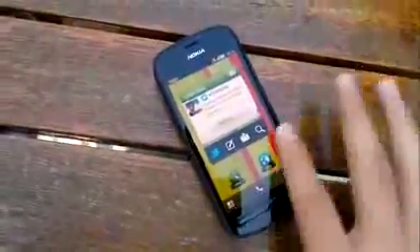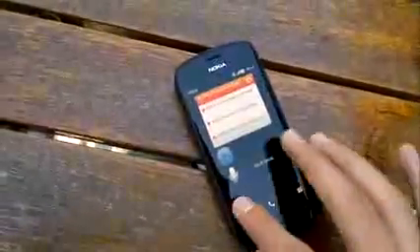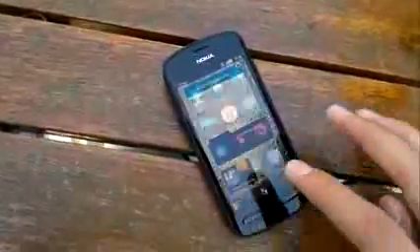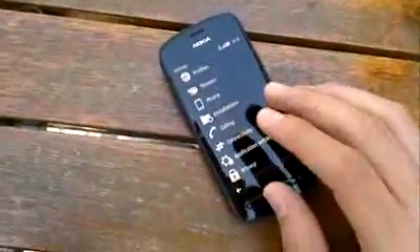So this is just your home screen. You have up to 6 home screens. The widgets, or hang on, first of all, before we start this, let's just take a look at the software version. And for the record, a lot of people were telling me to get some proper lighting in my videos, so I'm filming this outside for you all to be happy. So here we go. Phone and